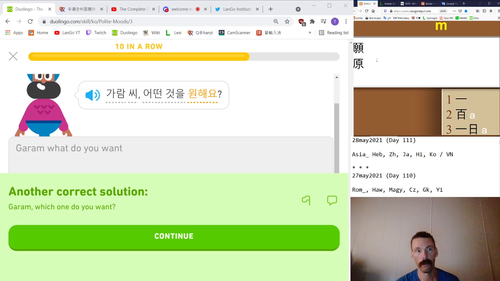Before we get to that, though, remember all the different variants of the M. It has several 2-stroke variants, including the one we just saw in the first part. And if you have a bit coming down, like the Korean U vowel, that can still be part of your M, like in the word for 100, that's just MA. So M and then the moon, B.